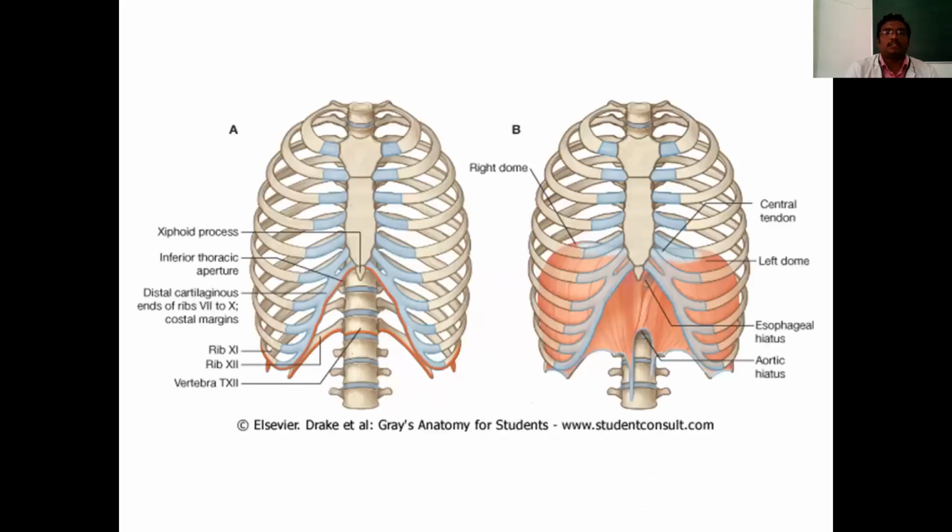So this is the outlet. This is to show you once again the outlet of the thorax. Here you will be able to get your ribs, that is your 11th and 10th, 12th and 11th ribs. And then in the posterior aspect, you will be able to get the body of your 12th thoracic vertebra. Then the 11th and 12th ribs, then the 10th ribs. These are going to join together with the costal cartilage, and it is going to form your xiphoid process. So this is the outlet of the thorax.